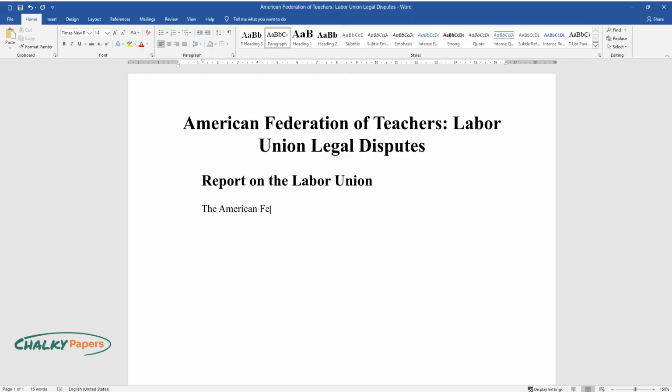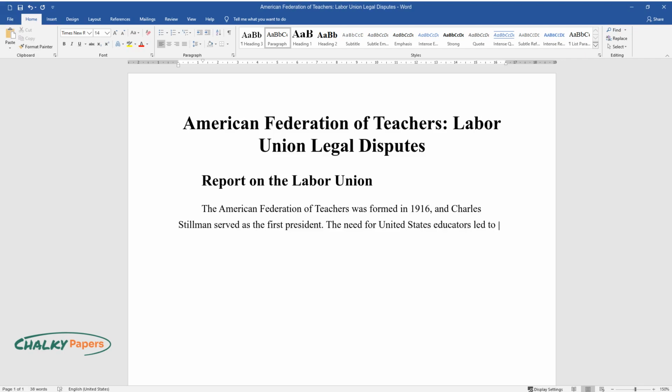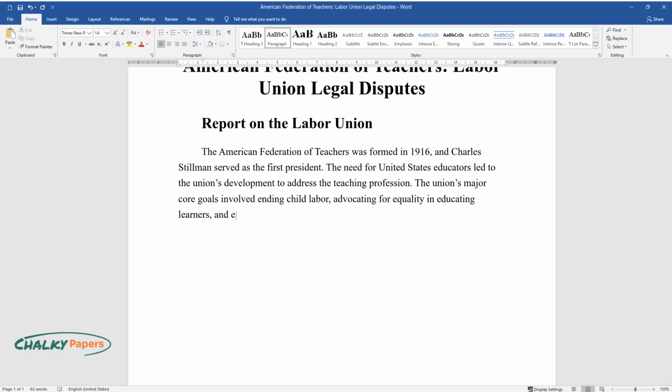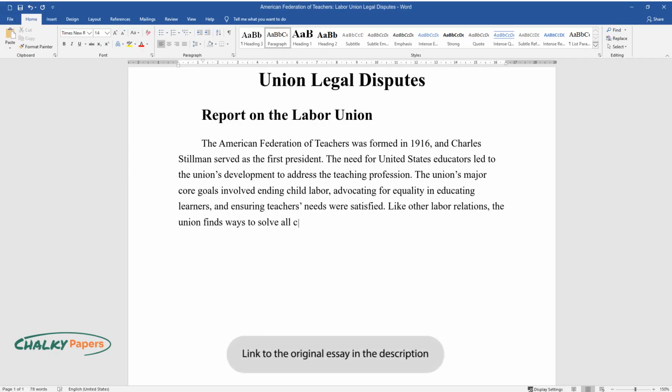The American Federation of Teachers was formed in 1916, and Charles Stillman served as the first president. The need for United States educators led to the union's development to address the teaching profession. The union's major core goals involved ending child labor, advocating for equality in educating learners, and ensuring teachers' needs were satisfied. Like other labor relations, the union finds ways to solve all challenges facing educators and personnel working in the